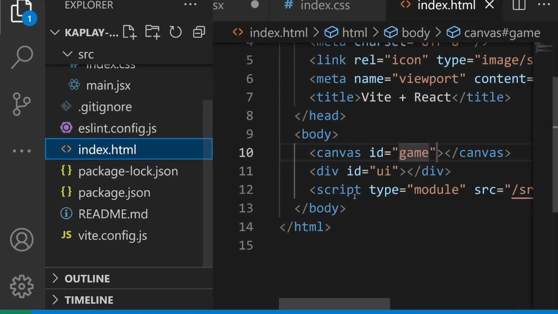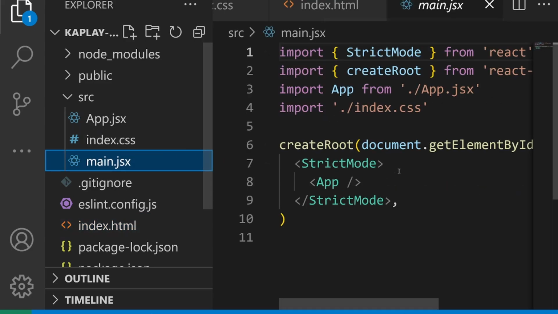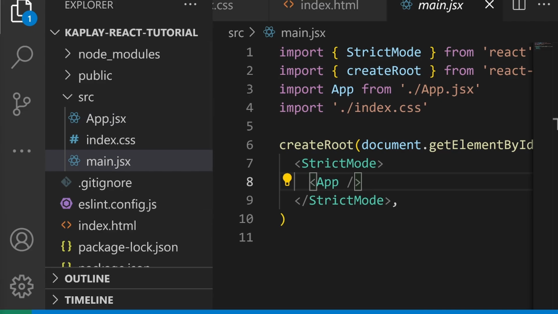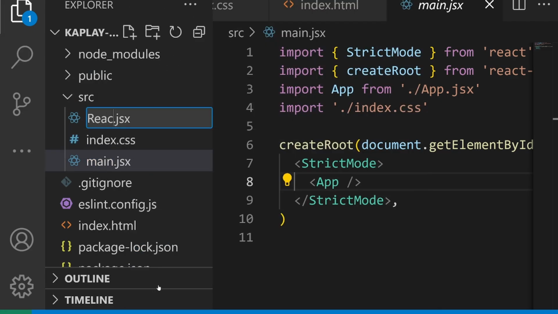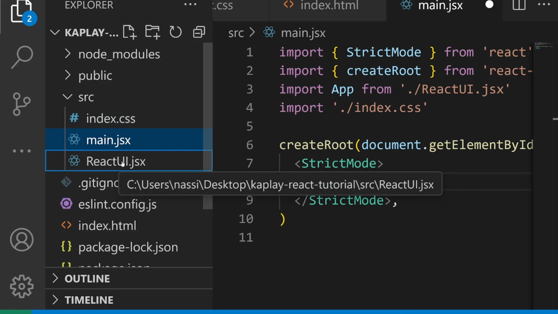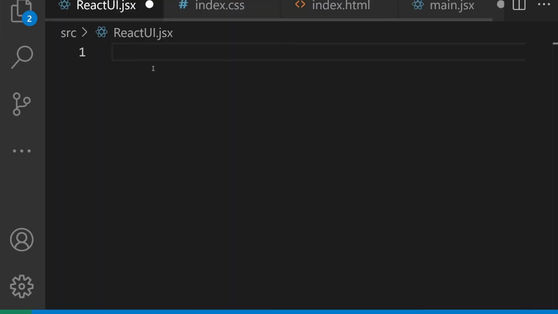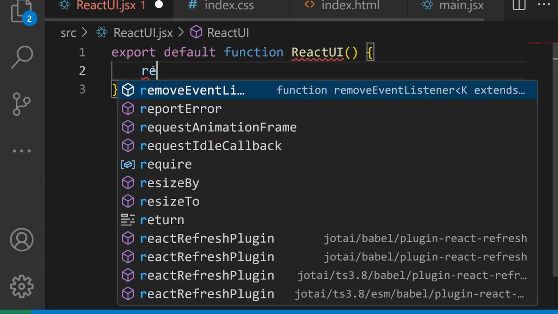So now what I'm going to do is to go to the main.jsx, and in main.jsx, you see you have app.jsx. What I'm going to do is, instead of app.jsx, I'm going to rename this file to React UI. It's going to be the entry point of our React UI. I'm going to declare my React component. So a component in React is basically a function. So export default, you don't have to default export it, but a function that has a name, and then it returns some